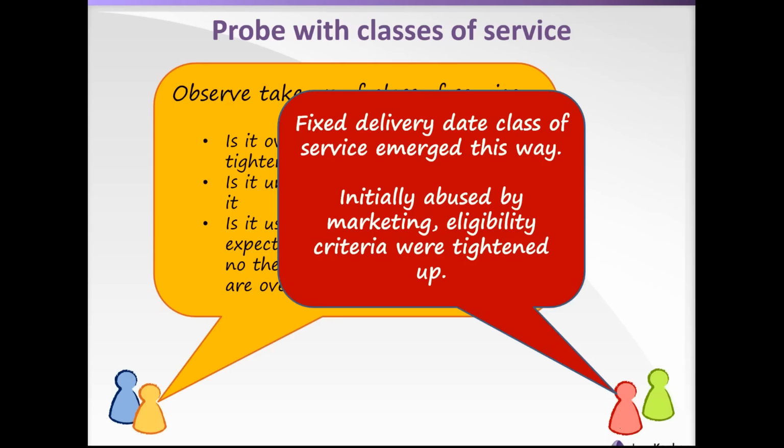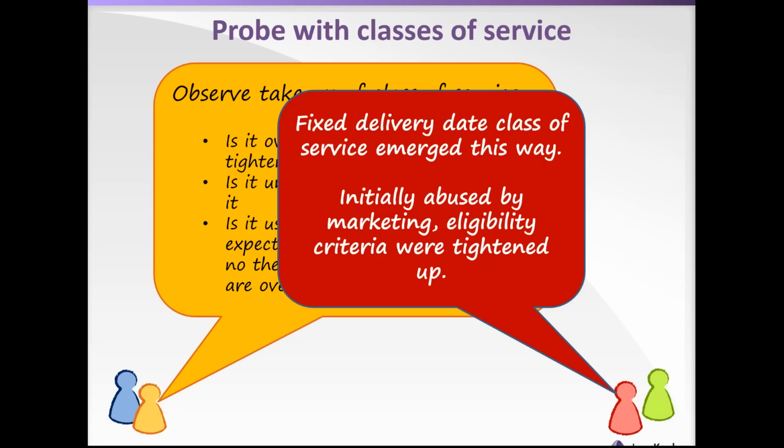So a fixed delivery date class of service emerged this way. There are many others. Back in 2007 we noticed a cluster, actually 3 clusters: major contractual obligations, regulatory requirements, and things that were very seasonal in nature. And we introduced the fixed delivery date class of service to respond to that. It was overused initially by the marketing department. They started abusing it, asking for everything to be fixed delivery date. But by tightening up the eligibility criteria, we were able to regulate the volume of demand